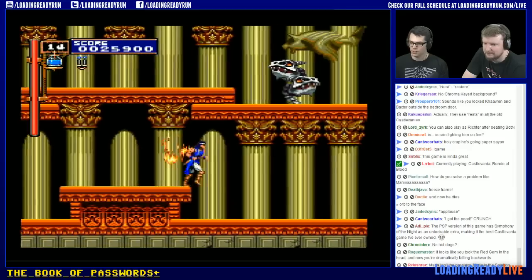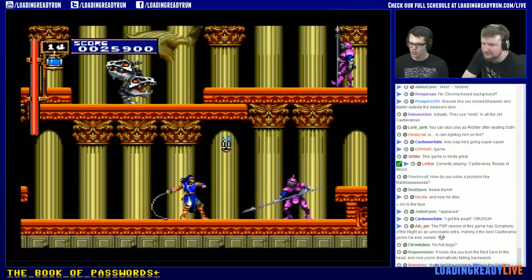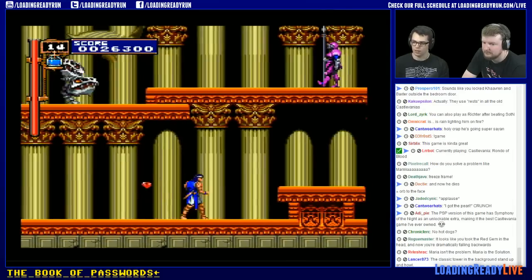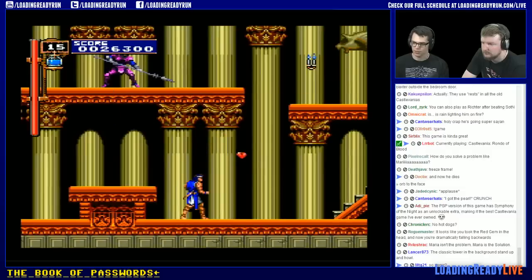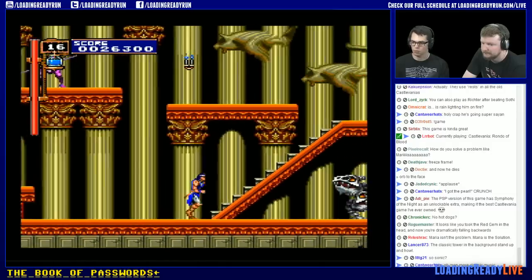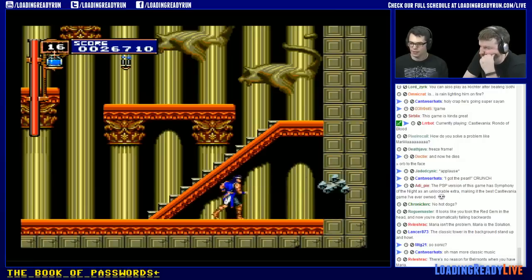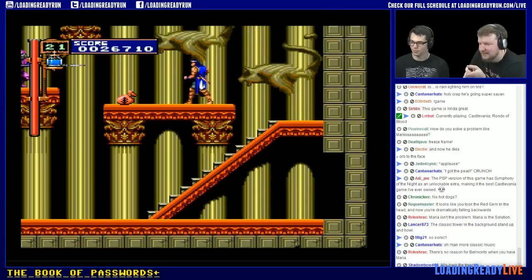The PSP version was sort of like a greatest hits of Dracula X, and so there was a 3D version, but you could also unlock the original version, and that was cool. Except it wasn't the best port. Like the Wii port is a better port, but yeah, you could unlock the original, and then you could unlock Symphony of the Night in it as an unlockable game, which seems like a pretty...